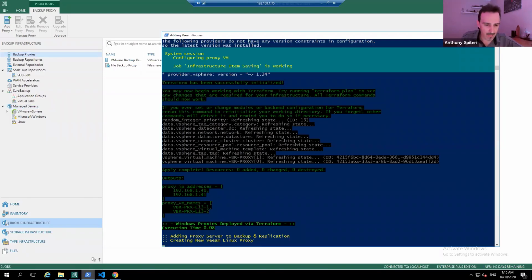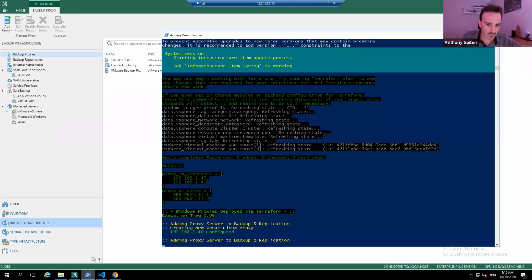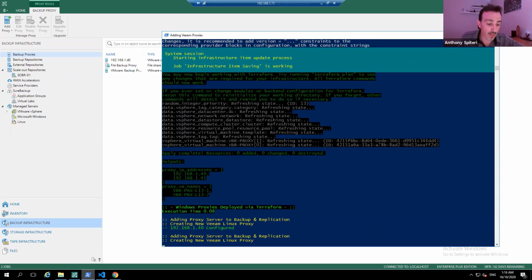Let's wait for that to add the two servers themselves, because then what I wanted to finish up on is what this can be used for from the point of view of use cases, right? We should see it pop up there, there's that first one, 140 was configured, so now that's one proxy configured, and the second proxy is being added and configured now. What this gives us the ability to do is to have these be ephemeral, okay? Not worry about them taking up any unnecessary resources until they're needed. We can do that in a particular way, and I'll show you very quickly how we configure that at the end of this process. But this is going to finish up here now.